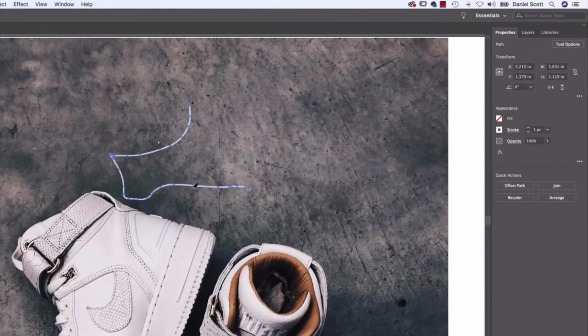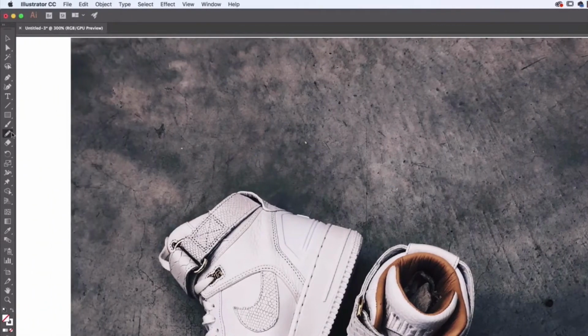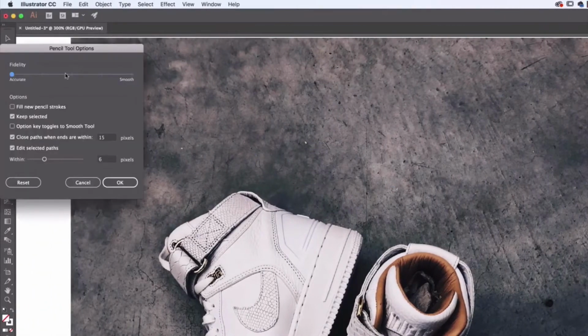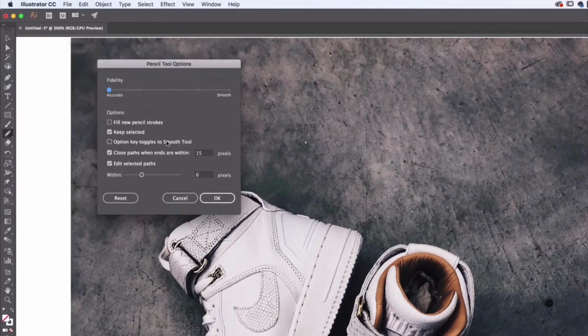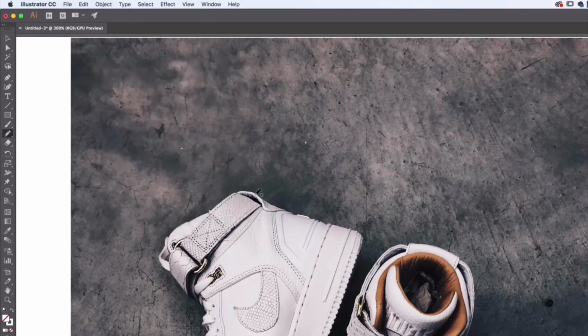Now it's joined them all up. It's a little weird. So to turn that setting off, I'm going to delete all that, and double click the tool. Double clicking the tool opens up the settings for it. And in this case, I want to say this one, keep selected. I always turn it off and I never turn it back on. You might find a good use for it, but I don't. Now when I draw stuff, it is not going to keep it selected,